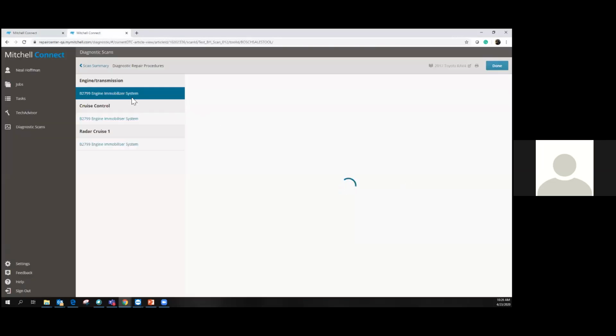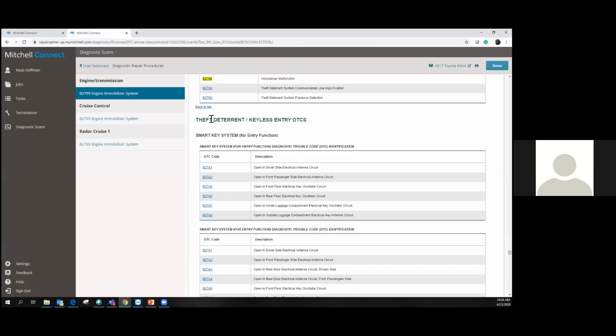So this pulled those fault codes from that repair order, and now we have some direct links in our Tech Advisor software. So this is our repair information here, and I can look up a little bit more information on this fault code. It found B2799 in our database, highlighted it right up here at the top, and it just says immobilizer malfunction. That's kind of vague. So if I click on that,